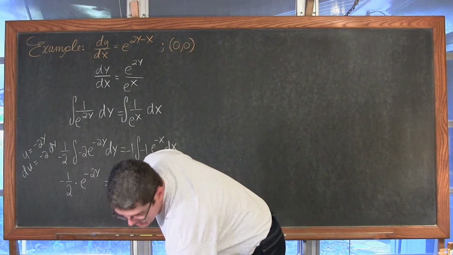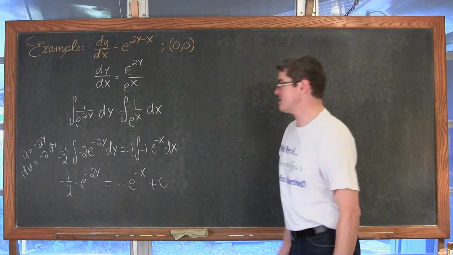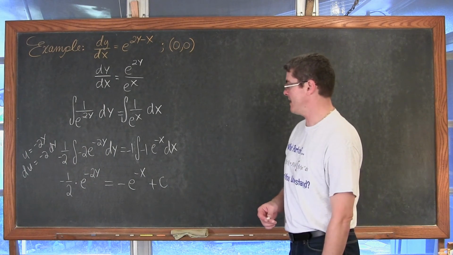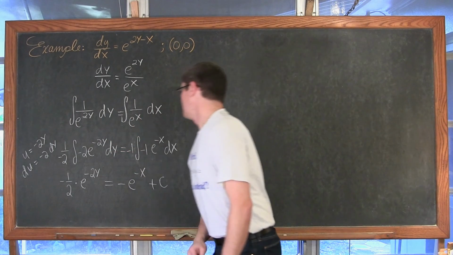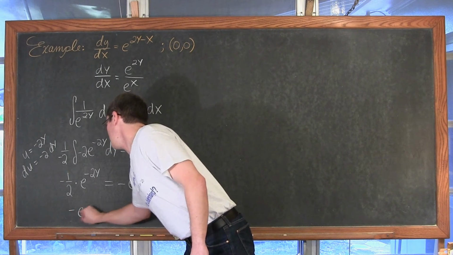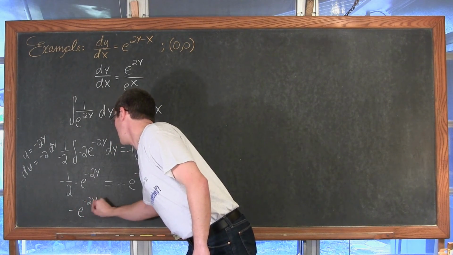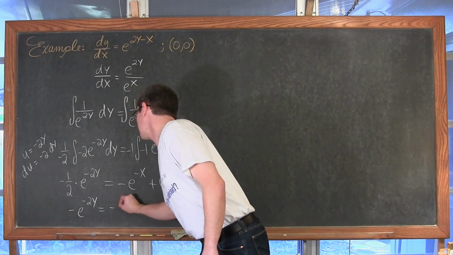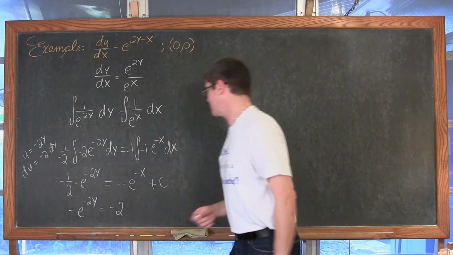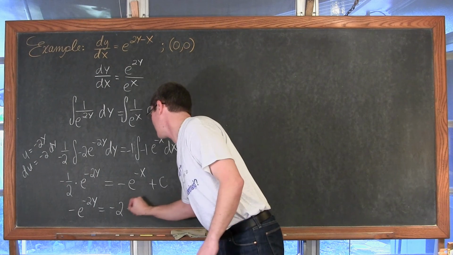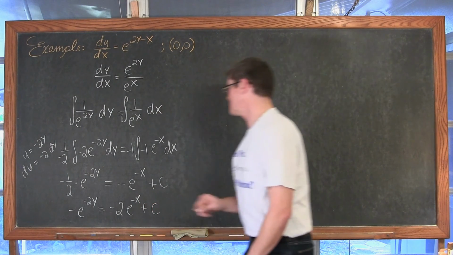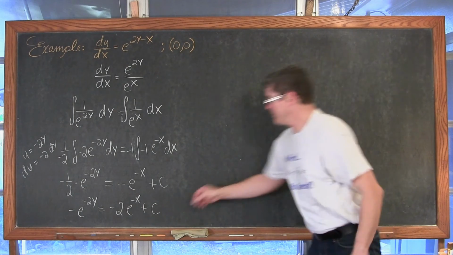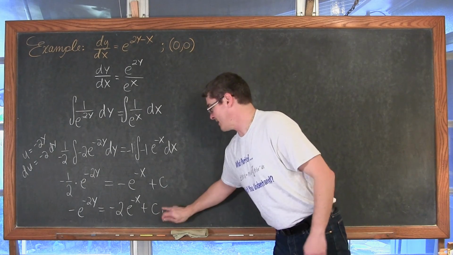Okay, now we can multiply both sides by either 2 or -2, and if we just multiplied by 2, then we would have negative e to the -2y is equal to -2 e to the -x plus c. There's really no reason to do this, maybe, except to write it to look a little bit differently. Well, you can even argue that that's supposed to be a different c because you multiplied by 2, but at any rate.